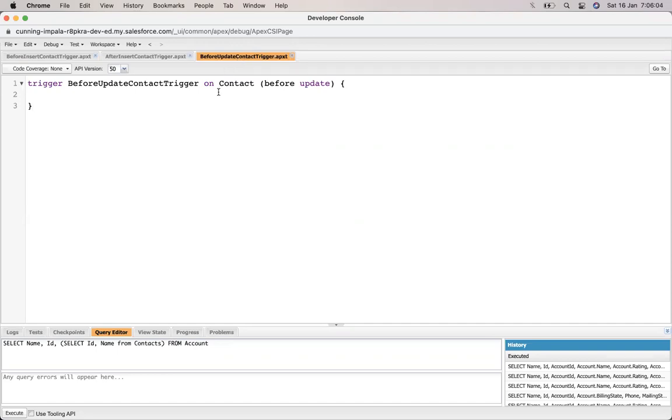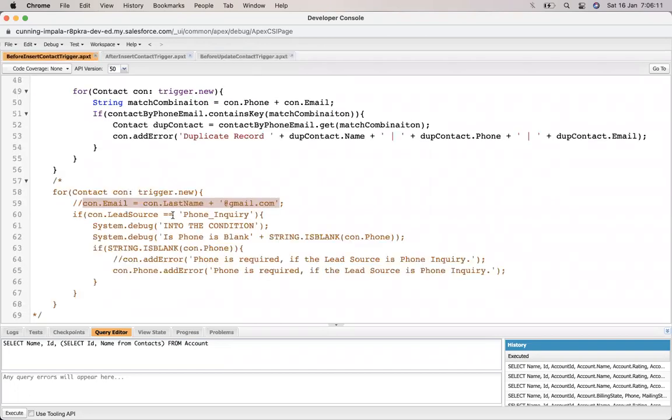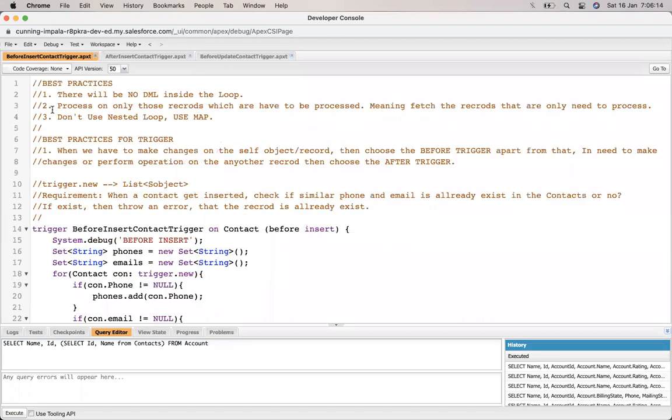So how do we handle the update? Handling the update is quite similar to how we handle the before insert.